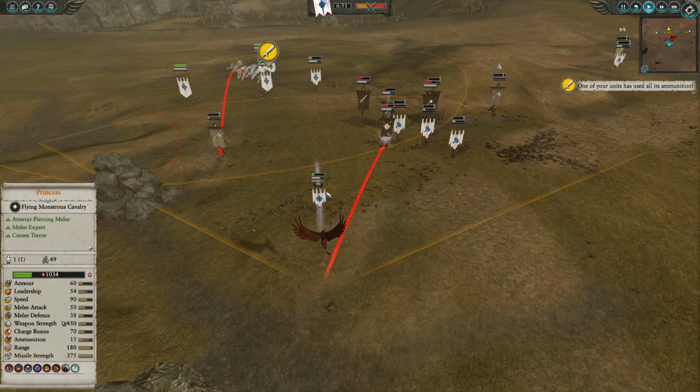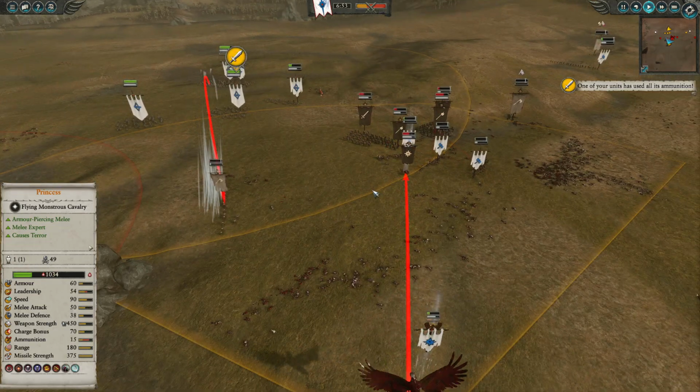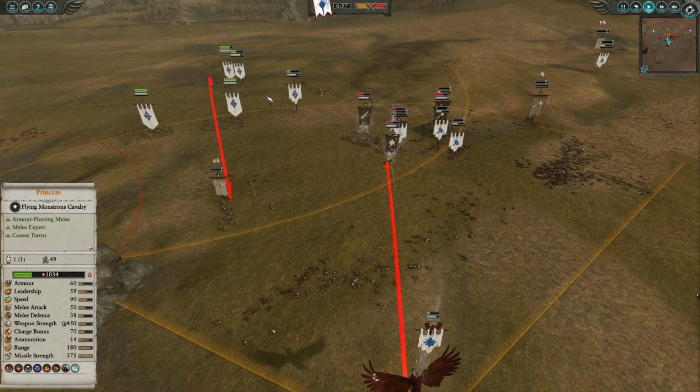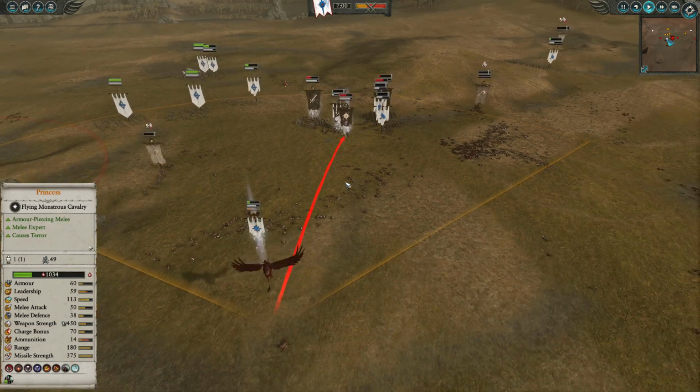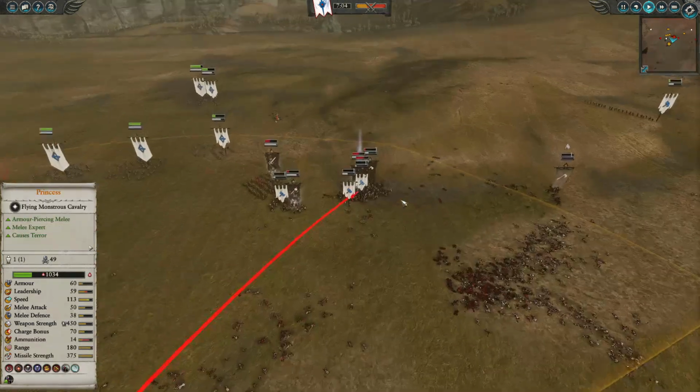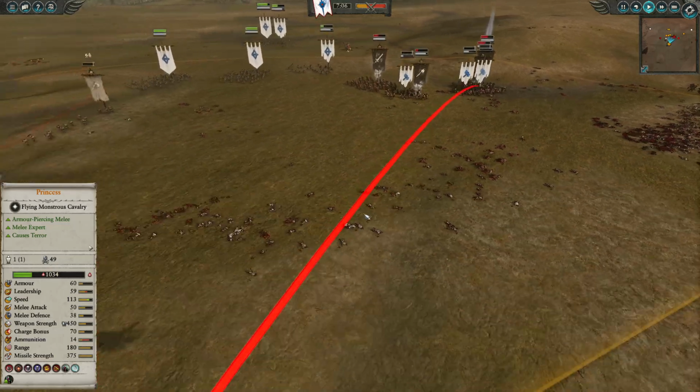So she's now up in the air. I realise at this point she's got 15 arrows left. We might as well try and put them into Archaon before we have to fight him on the ground, because we are pretty much out of ammunition here. So the Shadow Warriors are all exhausted. We have the White Lions coming back in, and they're trying to fight, but we are